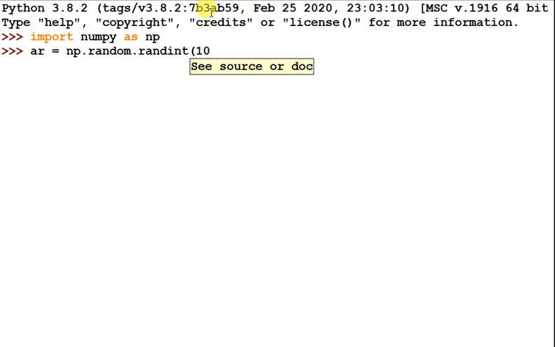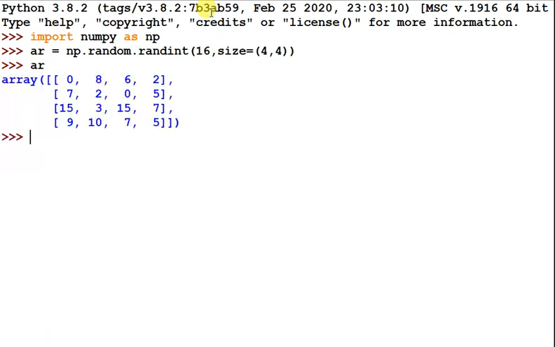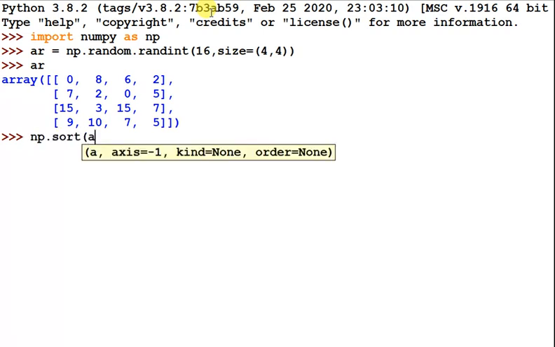So just by creating an array with random values, np.random.randint, and I am passing the total number of elements, 16 values it will create, and the size should be 4 by 4. So look at here, this is the random values generated. I want to sort it using the sort function.